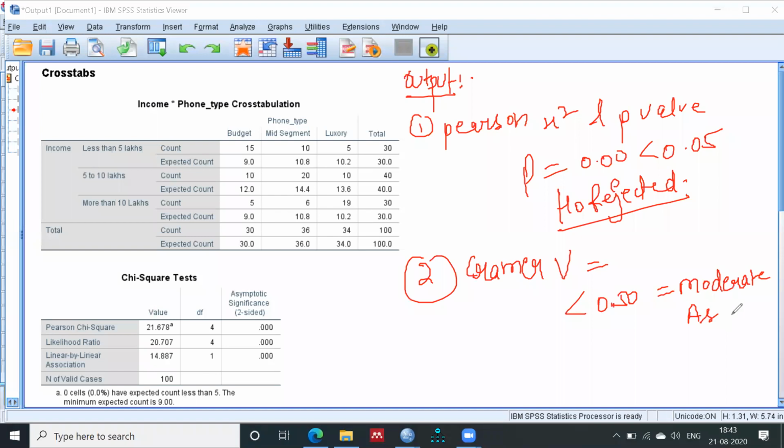But if the value is greater than 0.5, then what does it mean? There is strong association.